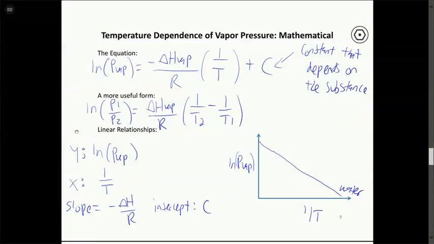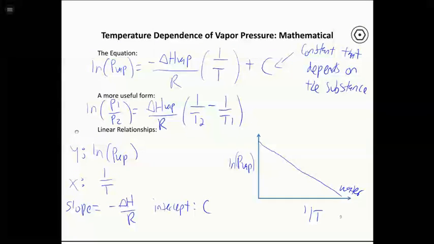So remember, the slope of this is related to the vaporization enthalpy. We'll talk about this in more detail in a second, but basically the vaporization enthalpy depends on the intermolecular forces. So water has a lot of hydrogen bonding interactions, so the molecules are held strongly to the surface, and you have a low vapor pressure and a pretty high vaporization enthalpy. It takes a lot of energy to pull those molecules off of the surface.